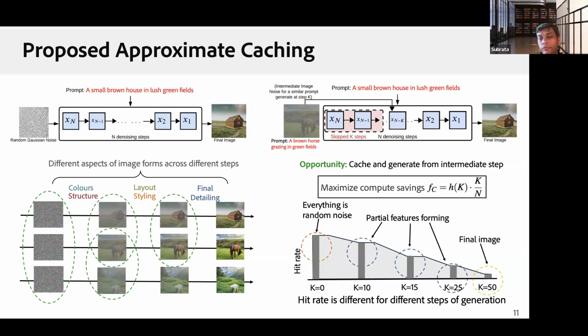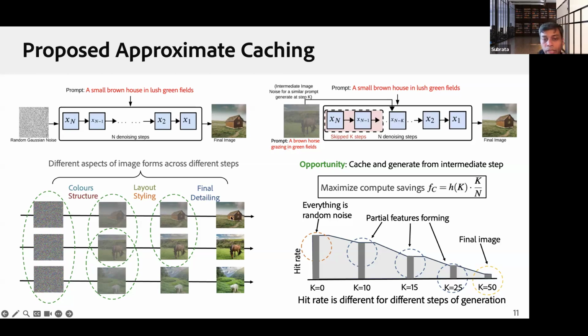So essentially, if there are n denoising steps that a regular model would do, and we can skip the initial k steps, then we can reduce the computation time and cost of denoising images. You can see that the computation saving is in proportion to k over n, and this k is what we call the hit rate, which gives us a hint of how usable a denoising step is if it is collected at